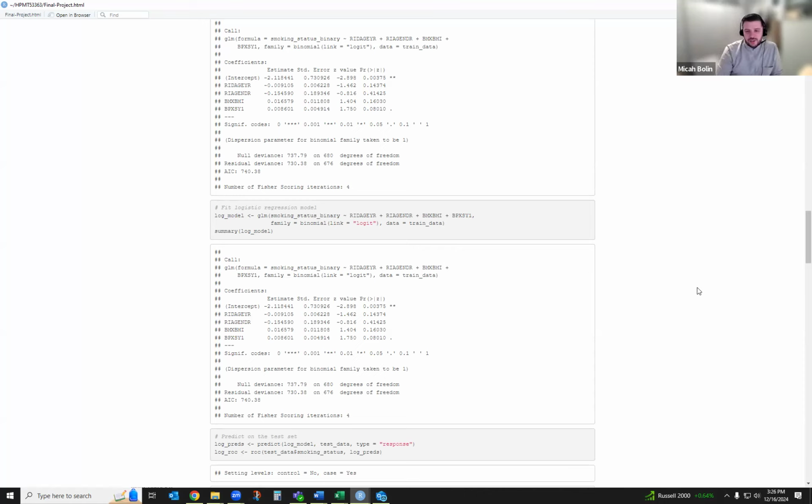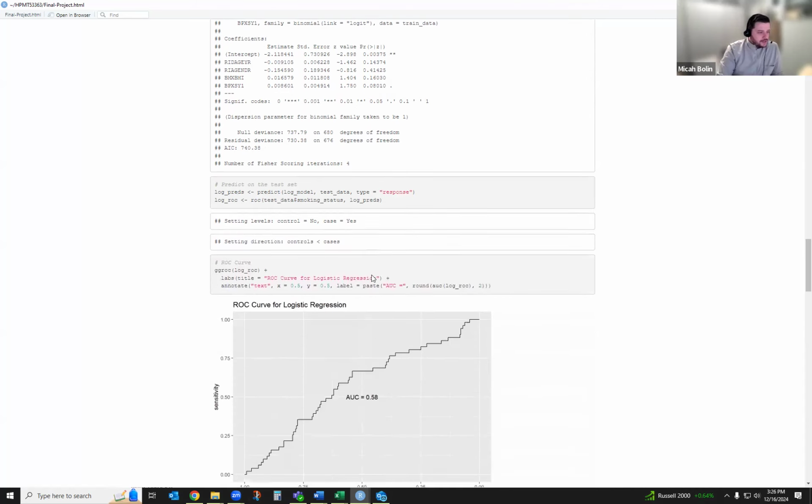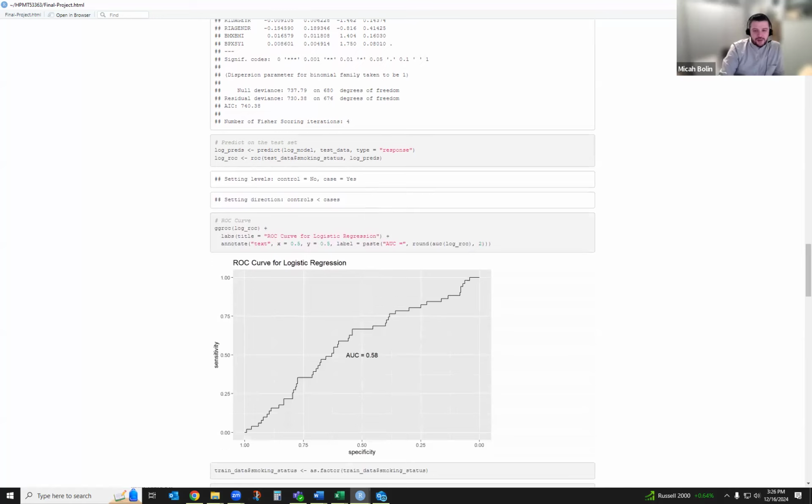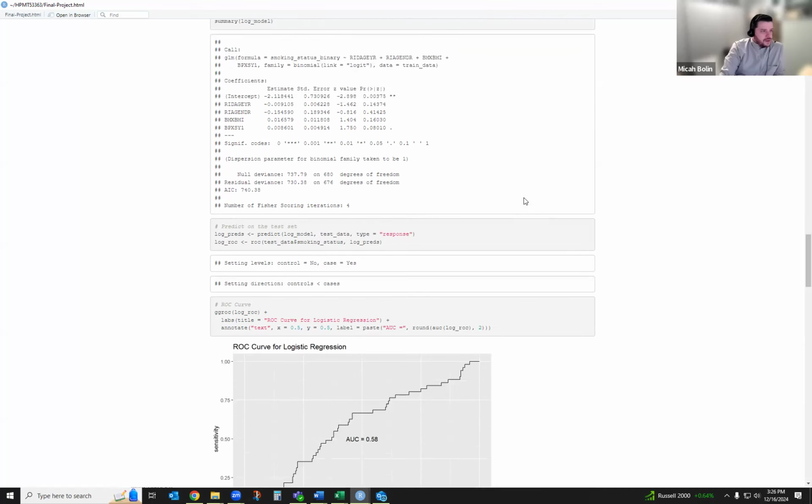The regression is pretty straightforward and provides interpretable coefficients for each one of the predictors, just as some background. The findings showed that the model achieved an AUC of 0.58, as you can see on the table here, indicating that moderate predictability is available. It also showed that age and BMI were the most significant predictors as well.